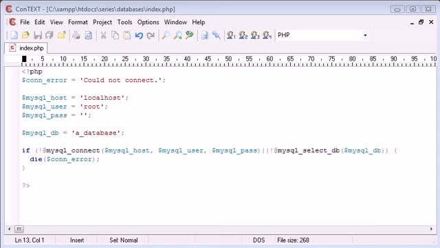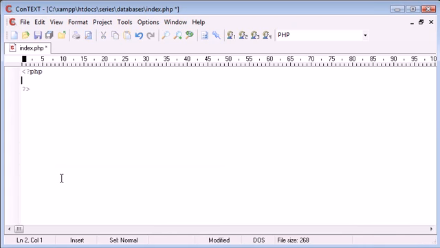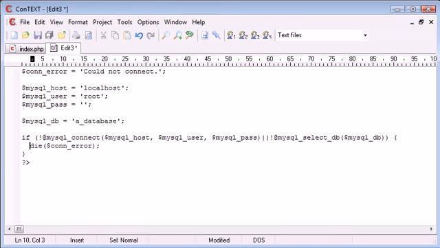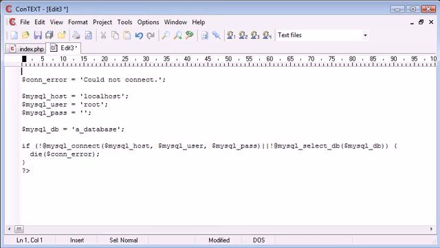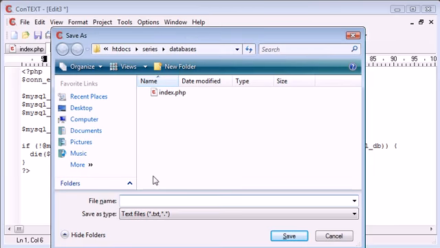Now, in the past tutorial, we've already looked at connecting to our database. To make this a lot more efficient so we can include it where we require it, I'm just going to get rid of everything in our index.php file, and I'm going to create a new file. Make sure this is enclosed in PHP tags, and the reason I'm doing this is I'm now going to save it as